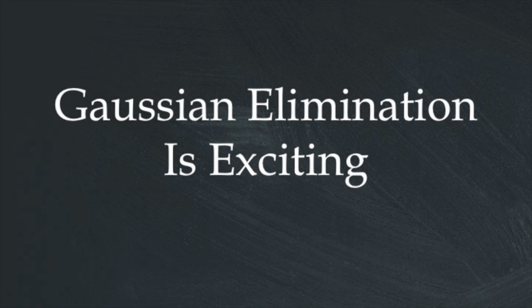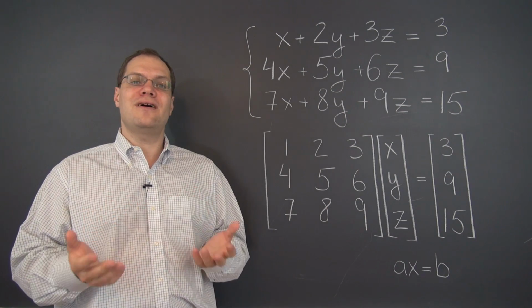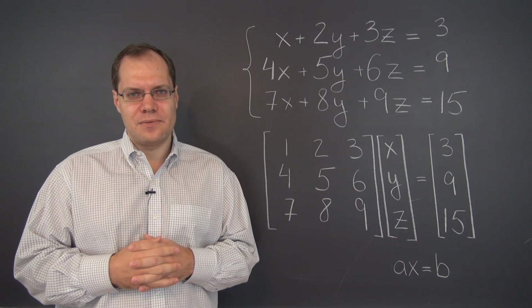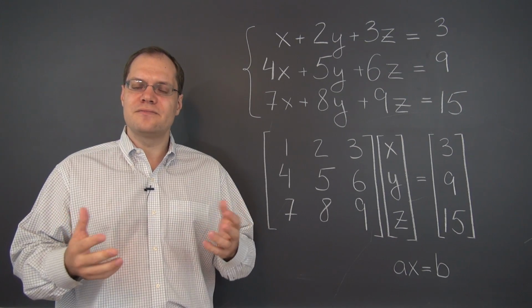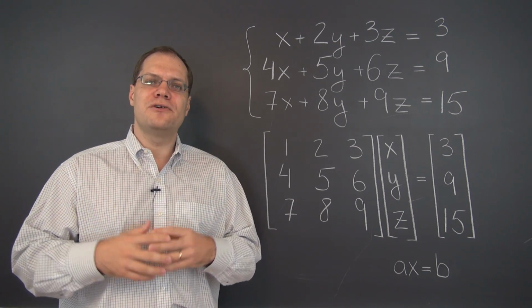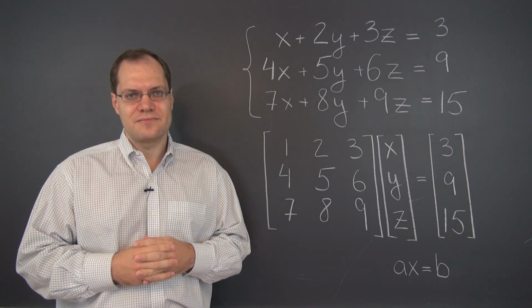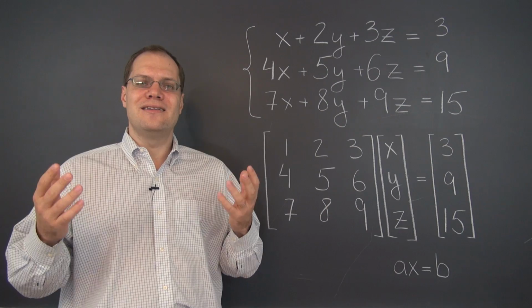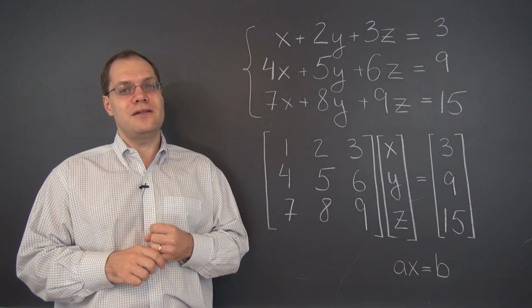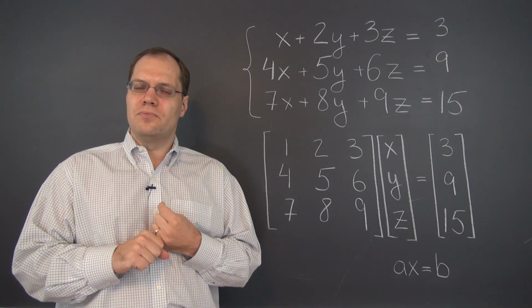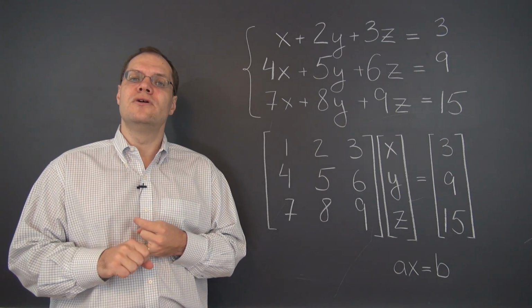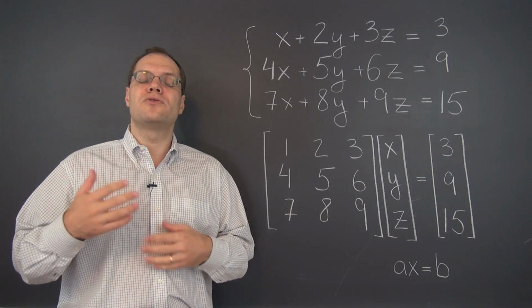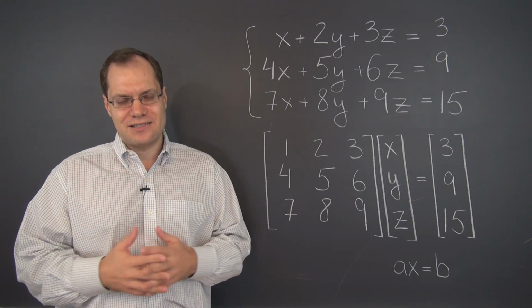Gaussian elimination is an exciting subject. Now, you may not think so at first. At first, you may think that it's just routine manipulation of numbers and that there's no beauty in it and that there are no aha moments, of which there were so many in the earlier topics. Now, to a certain extent, that's true, but only to a very limited extent. Number one, there's great beauty in robustness. Number two, there's a great deal of beauty in how well this approach works with an already established geometric perspective